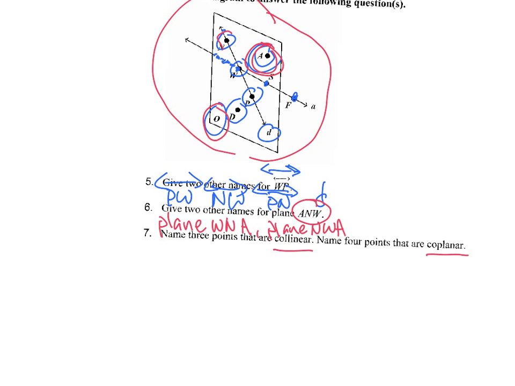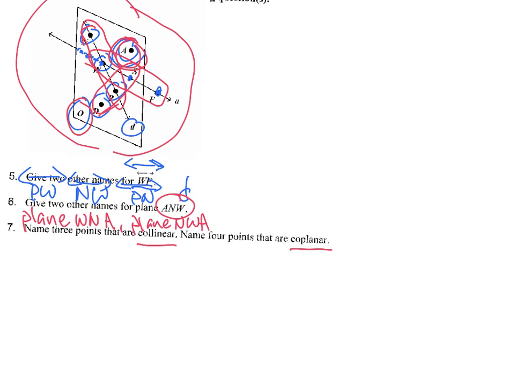All right. Any of P, N, or W, or any of the points W, S, or F over here. I think I did have somebody say DPS right there, and I accepted that because it looks like they're collinear. As for coplanar,